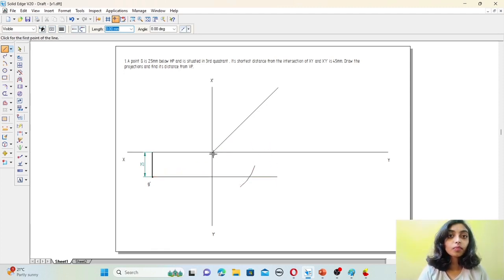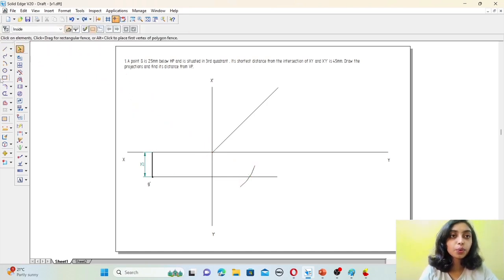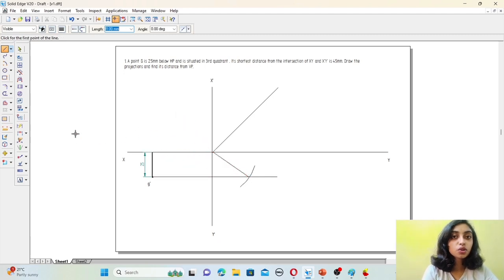Then again join the lines here. This intersection line. From here to the intersection line.